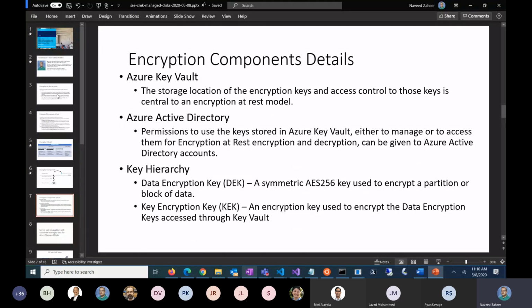And one other thing is, since you can rotate your key encryption key, what it will do is re-encrypt your data encryption key, but it will not change it. So whenever you rotate your key, it will not cause your entire data to be decrypted and then re-encrypted, which would be a big problem. So that's how this whole encryption mechanism works. Just keep that in mind as we move on